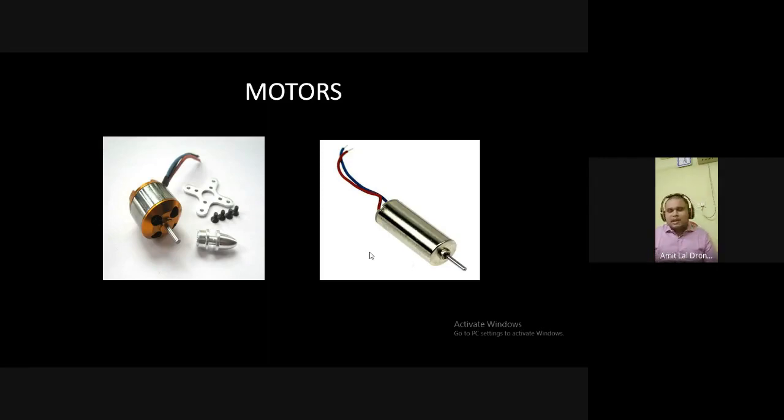The one on the left in the golden color is called a brushless DC motor, but technically it is a three-phase AC induction motor. The other one in the frame is called a brushed DC motor. So what is the difference between the brushed and the brushless one? Like the name suggests, one has a brush, the other doesn't have a brush. But what is a brush again?